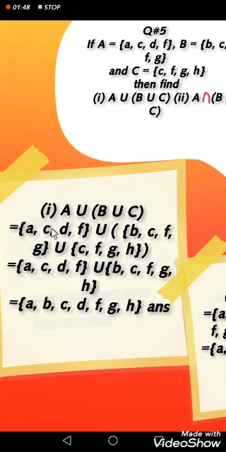First write the elements of set A as it is, in brackets, write the elements of set B as it is, then write the elements of set C, then close the bracket. Now